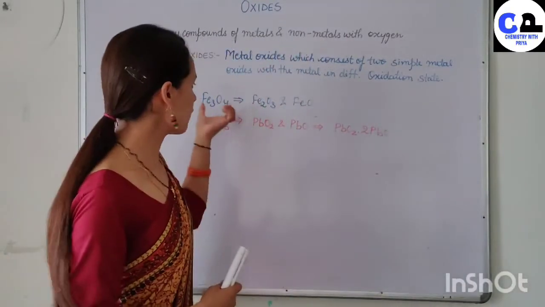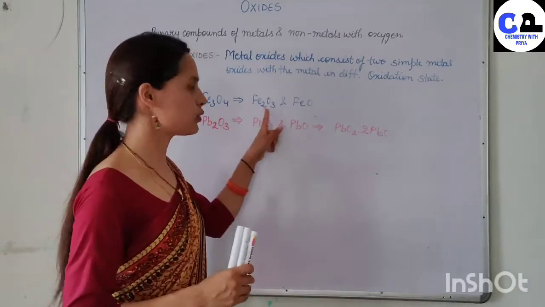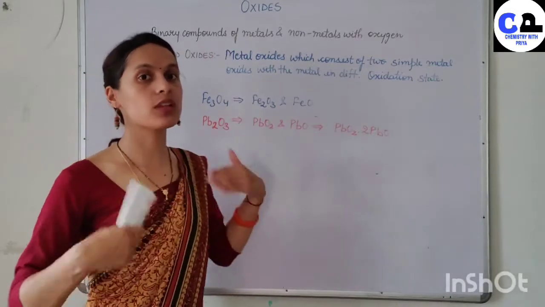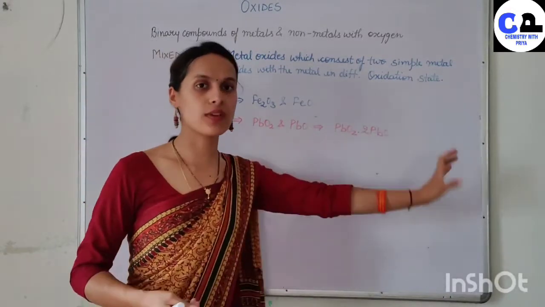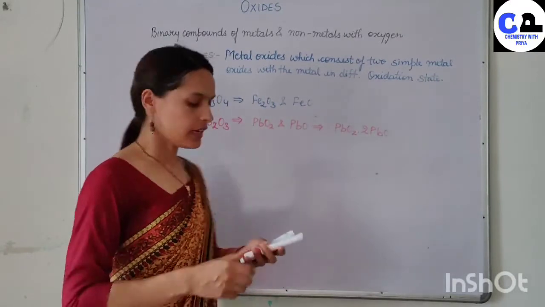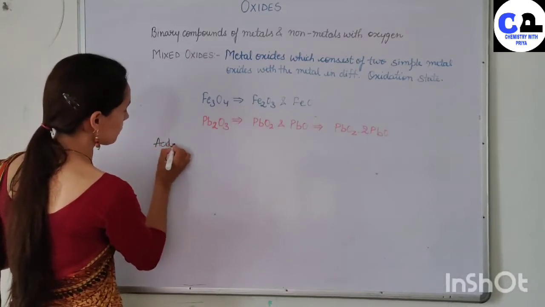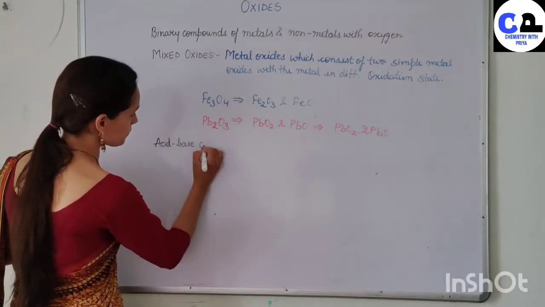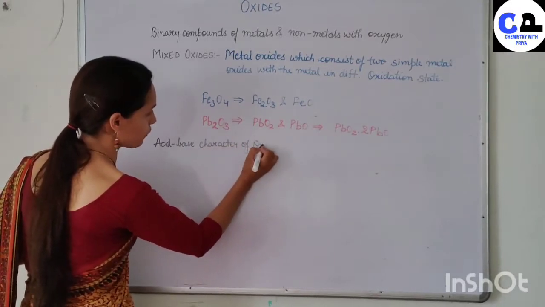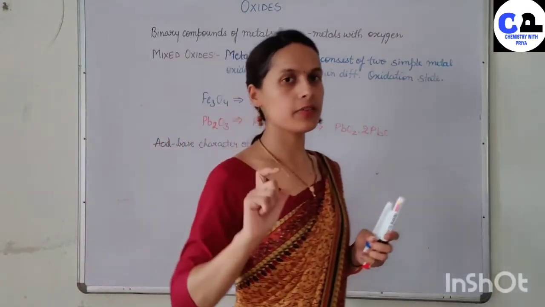It means if we have Fe3O4, Fe3O4 shows the property of both Fe2O3 as well as FeO. Similarly, Pb2O3 shows the property of PbO2 as well as PbO. So this is all about the mixed oxide. Now, if we talk about the acid-base character of oxides in the periodic table, so as we move left to right in our period,